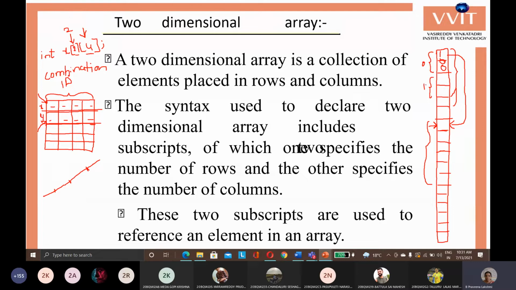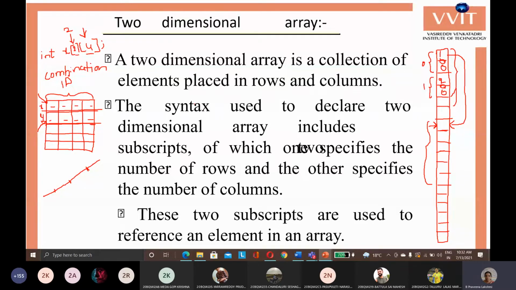In the same way, this one location stores the address, say for example 200, of the second row. These may not be continuous. Each and every row is in continuous memory locations, but the first row and second row may not be continuous.